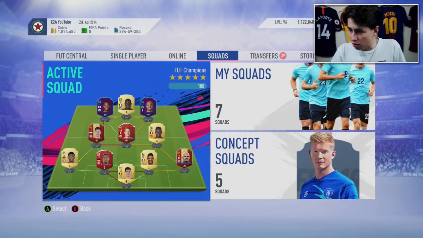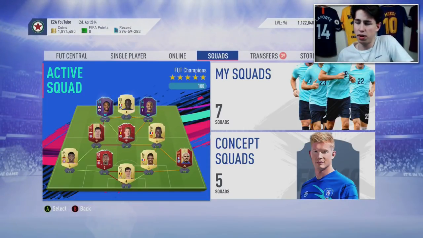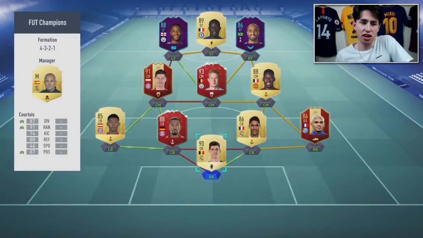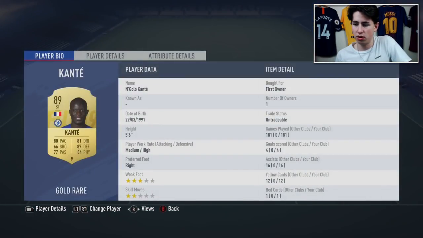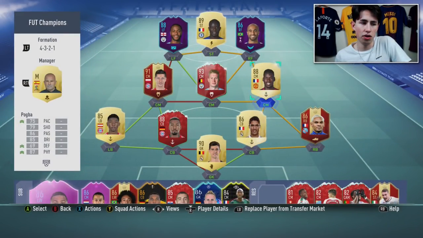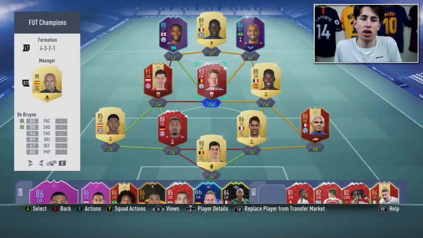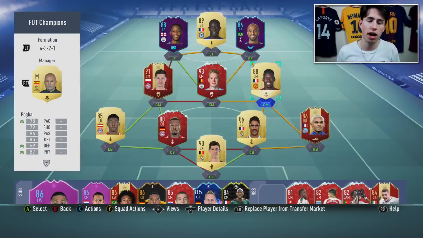Okay, looking down through the chat, people saying get Ballack. I could get Ballack, but he's really expensive. He would be a lot. And I already have an untradeable Pogba and Kante, so they're my defensive midfielders I use. So it would be a little bit of an upgrade on Pogba, but it's a lot more coins. I could basically do Campbell for like 100k, maybe even make profit if you get good packs